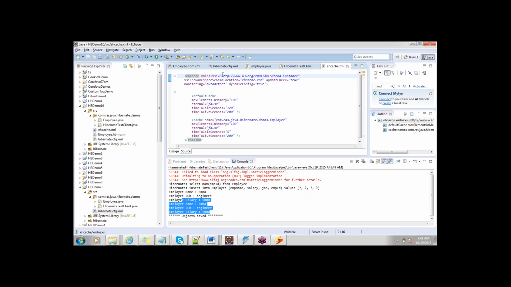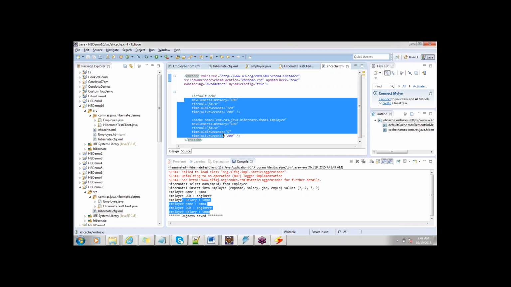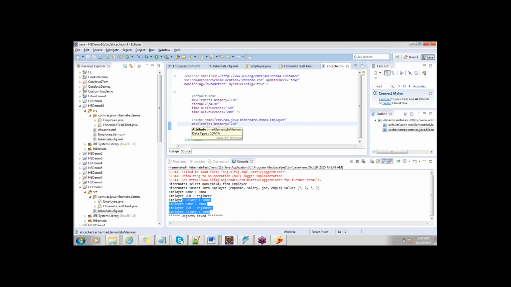This namespace talks about the jar file we have included, the cache jar file. It is referring to the eHCache jar file actually. So whatever tags you are using, they should be from that jar file. Got it? Likewise, if I go to my Hibernate config XML file,